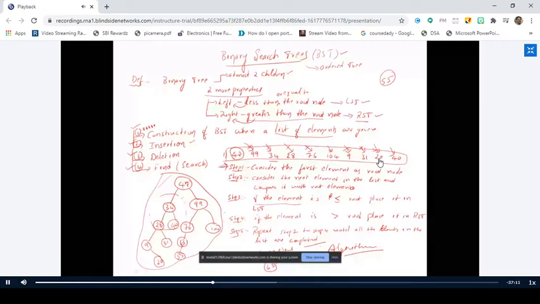Now, anybody please tell me, what is the position of 43? If I want to insert 43 into the binary search tree, where do I have to insert? Don't tell the process. You just tell me whether it should be inserted as a left child or right child and so on. Right child of 40, sir. Right child of 40, right? This is also a simple insertion operation we have performed. So the second topic of our today's agenda is also completed, that is insertion of a new node into a binary search tree. Is it clear up to this point? Yes, sir.